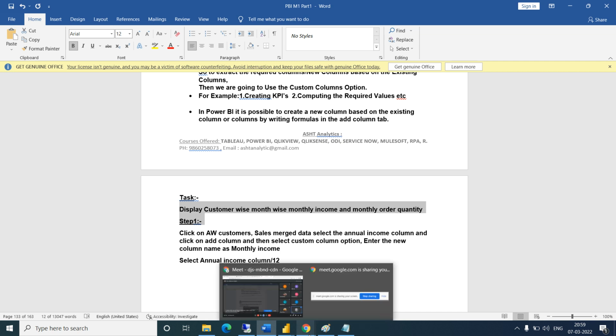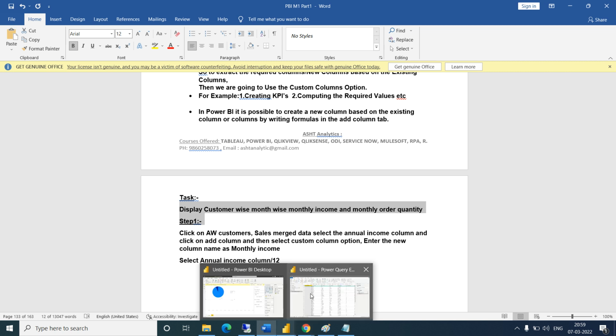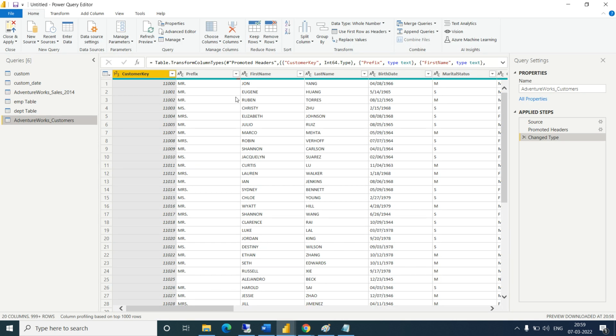Customer wise, month wise, okay, customer wise and month wise also. Okay, so do we have a customer column? We have customer ID. Customer ID is nothing but a customer column, or there is a first name, last name also, but you know that a name can be duplicate. There could be two people with the same name, I mean the name will be same but the people will be different. So it is better to always take the customer key, so it will be unique like an Aadhaar card. Okay, so we will take the customer key for customer wise.